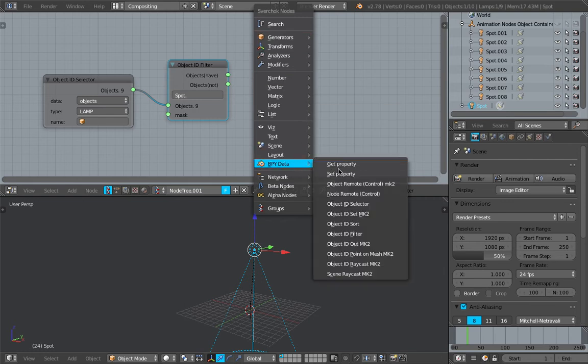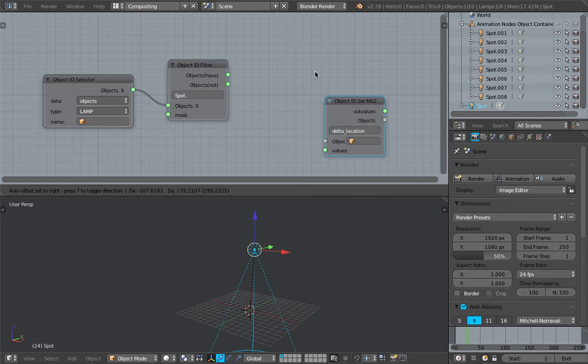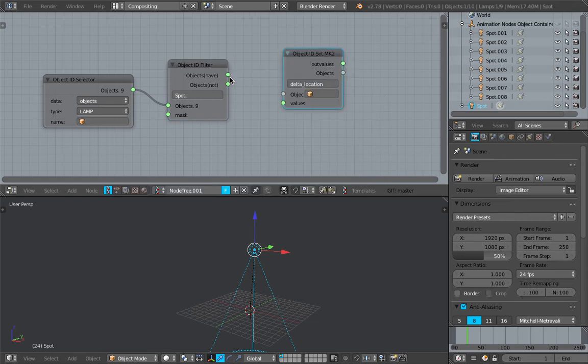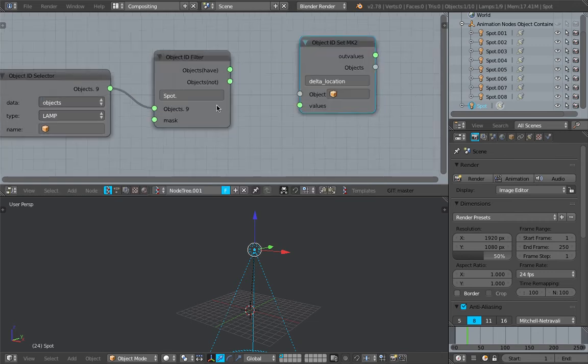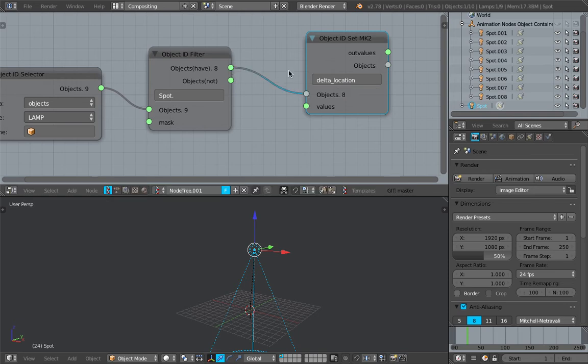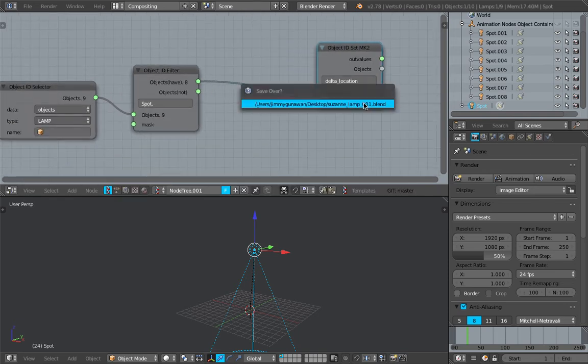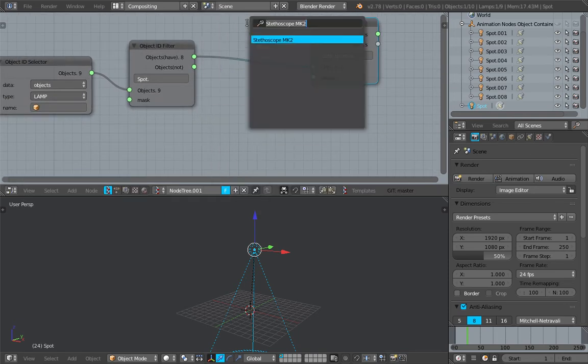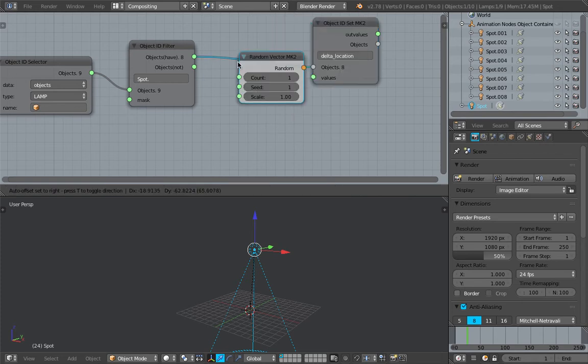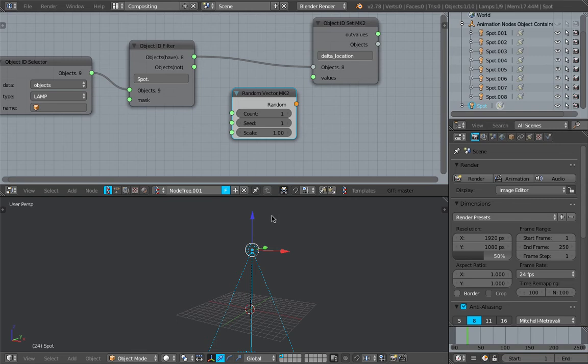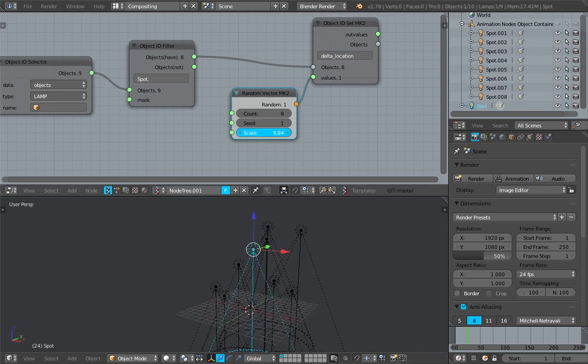Let's use the BPY data and object ID set. So plug in the objects that have this name, spot dot, and then we can change the location very easily. We can test it using random vector, and then set the value, the number. So we have 8, so just set it to 8. Plug this into the value, and now we should have random position of spotlight